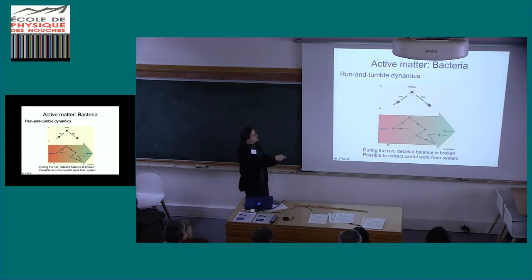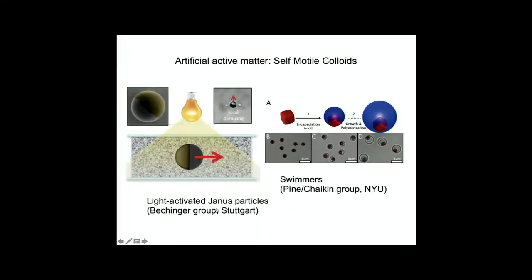And by adjusting the length of time that it runs in one direction before tumbling, it can undergo things like chemotaxis. It can tell, like, well, there's not food here, there is food here. It can actually run longer when there's no food and then run shorter when there's food and get itself to stay in the area where there's food. This doesn't violate the second law of thermodynamics because this is a non-equilibrium system. This is a very key point about active matter.